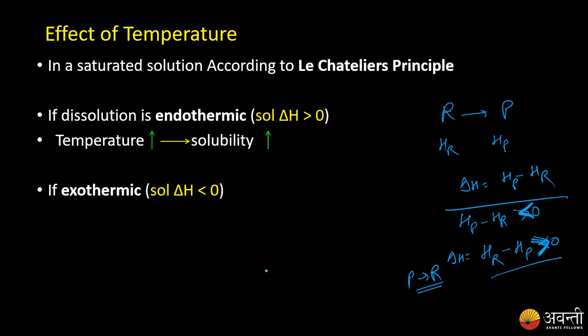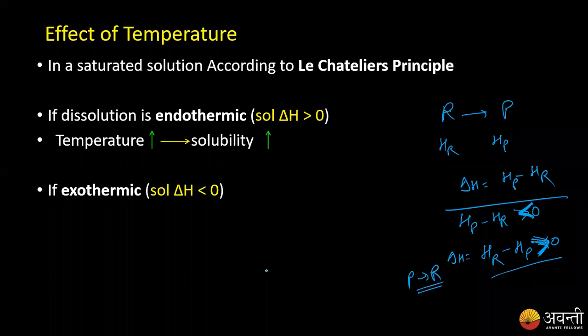So basically, if you are reducing the amount of product, then how can that effect be nullified? If more product can be formed, so more product will be formed as per the Le Chatelier principle. Okay, if that is clear,